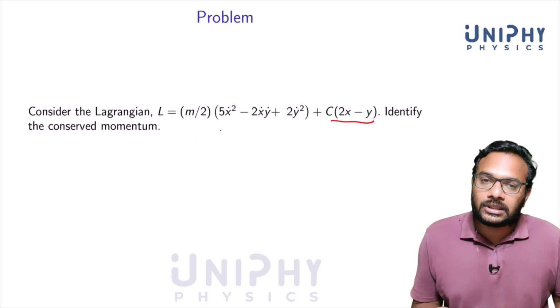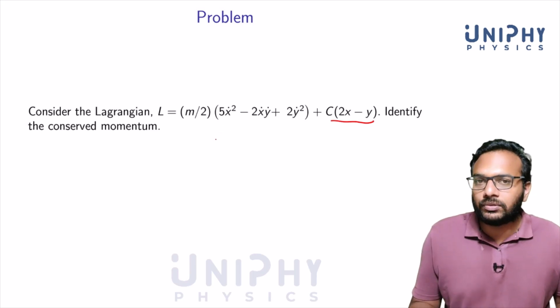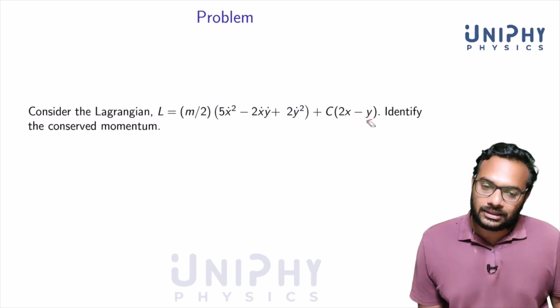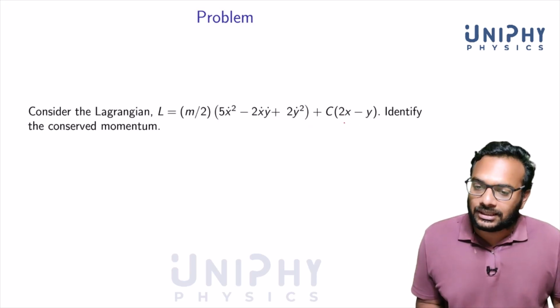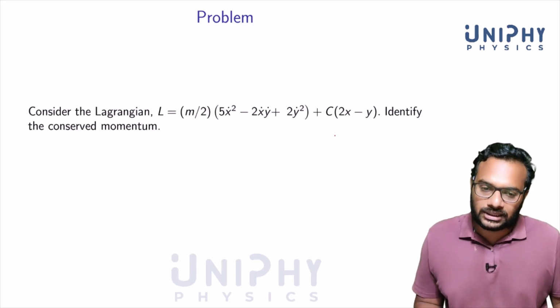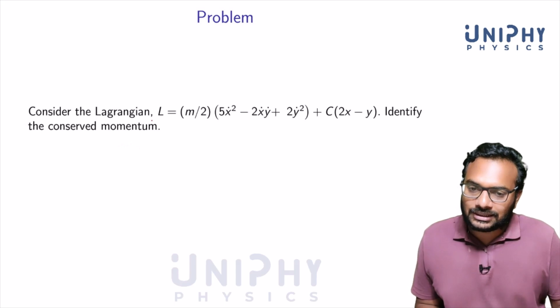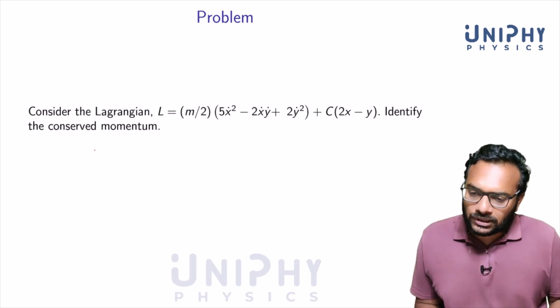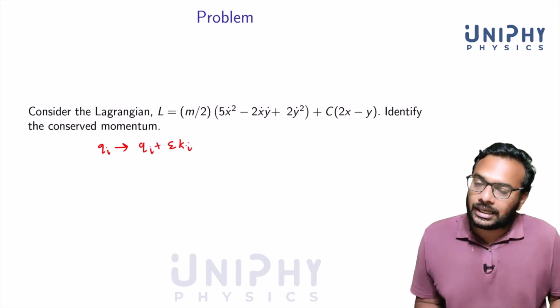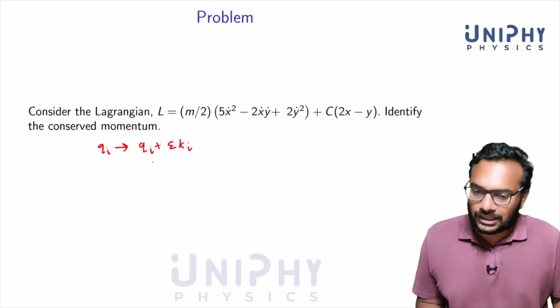We have got x and y coordinates, so the system is moving in the xy plane, but we don't have any cyclic coordinates. We have got both x and y here. So still we have to identify a symmetry here in order to find a conserved momentum. How do we identify the symmetry? We said that if we were talking about symmetries of the kind qi going to qi plus epsilon ki,